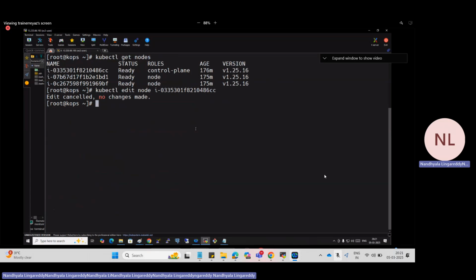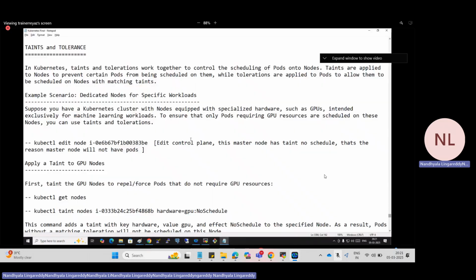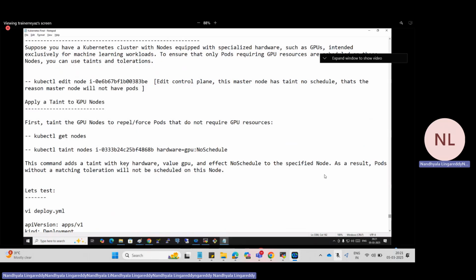Okay, so now let's do one thing. I have given an example saying that GPU nodes, high GPU resource, meaning high level nodes, powerful nodes. So what I do is, assume that my worker node one is the GPU node. Which one? GPU node. See, first taint the